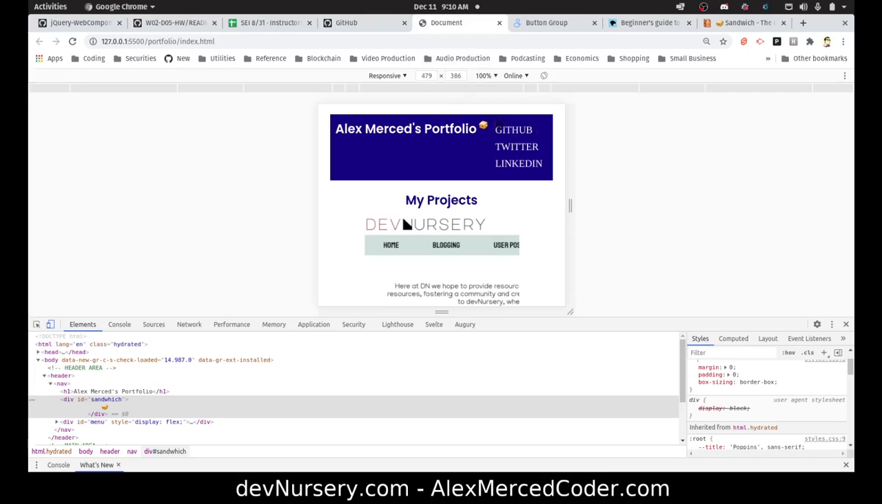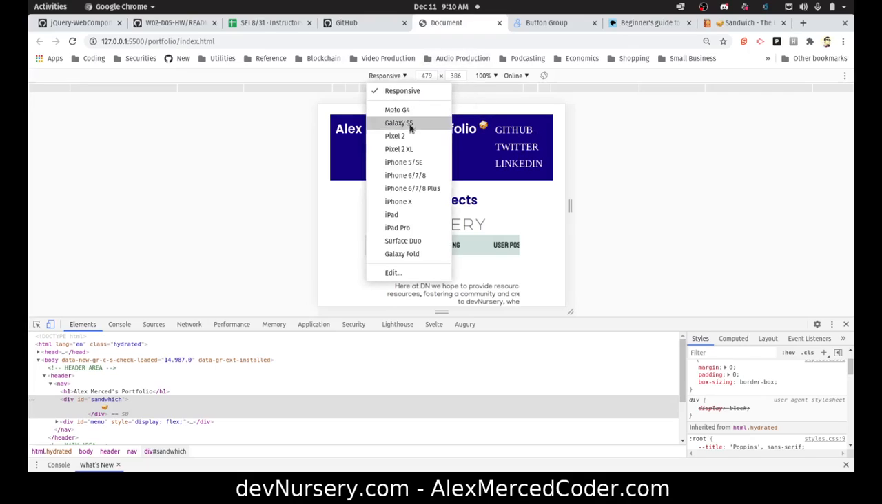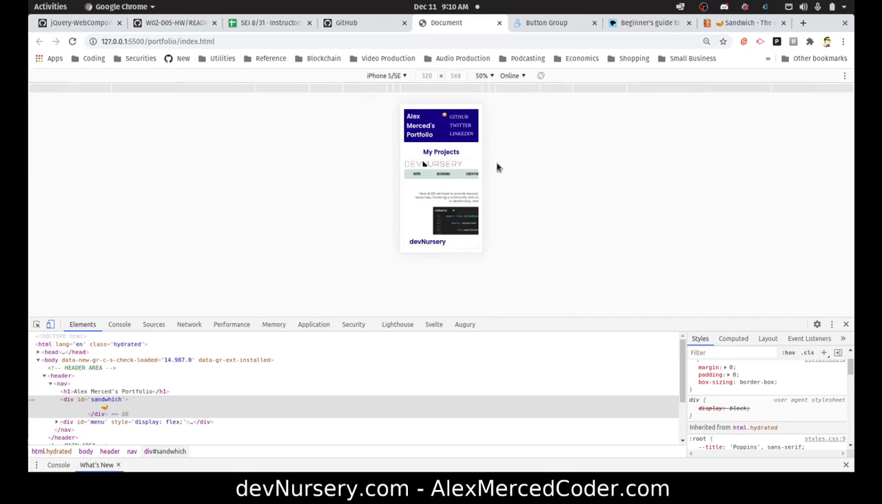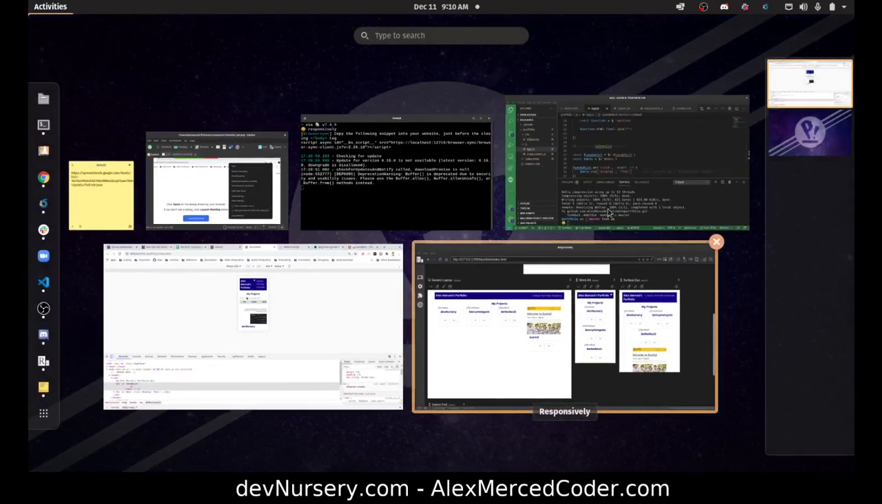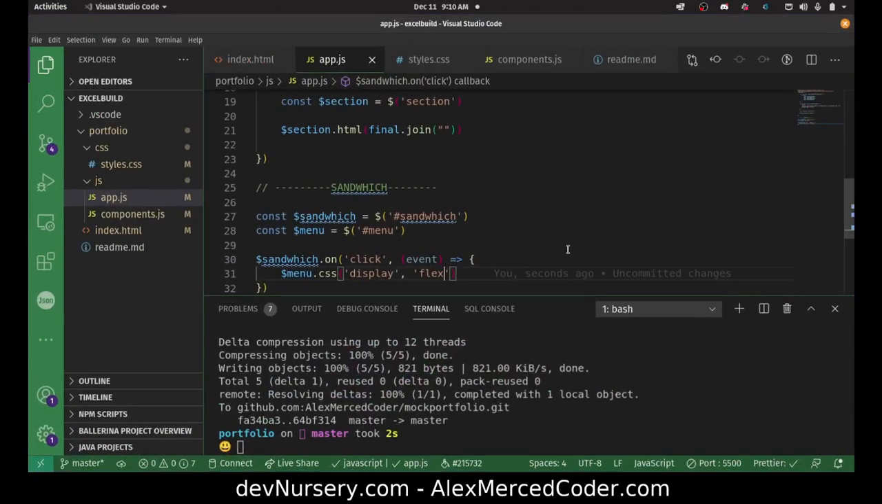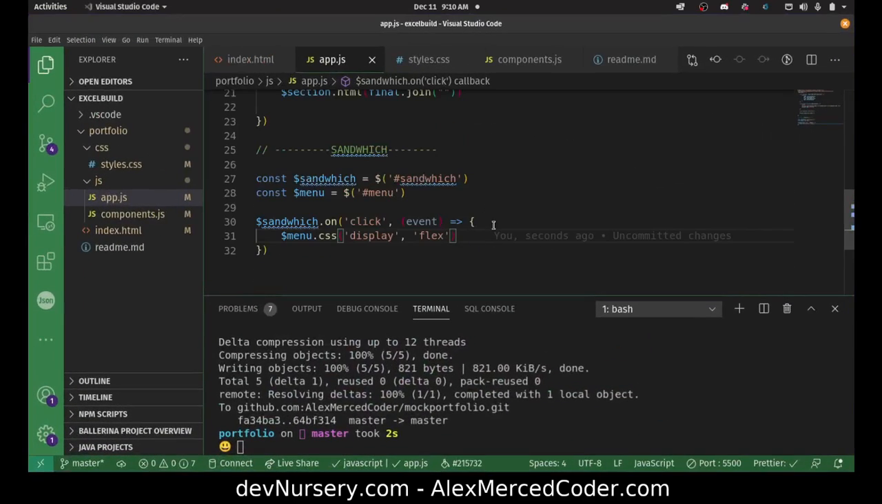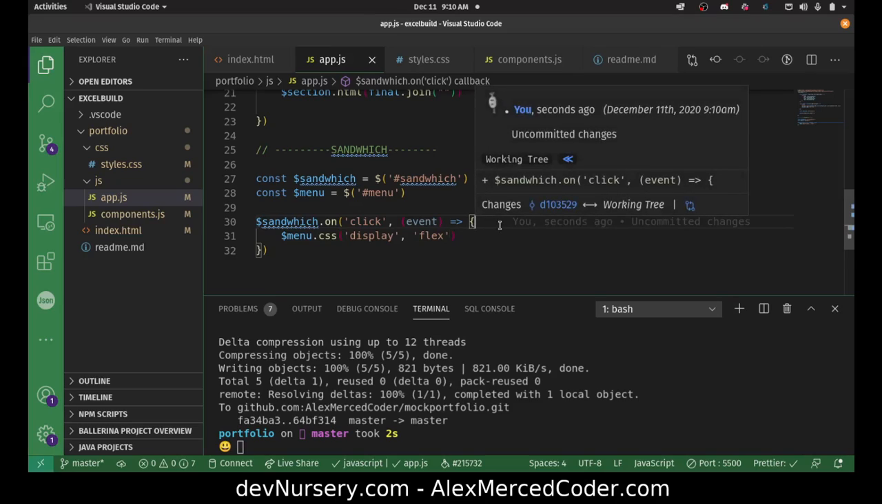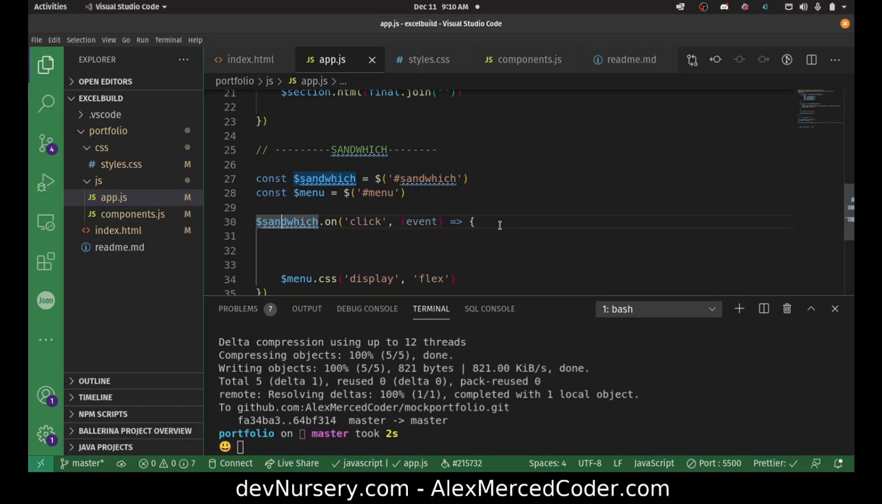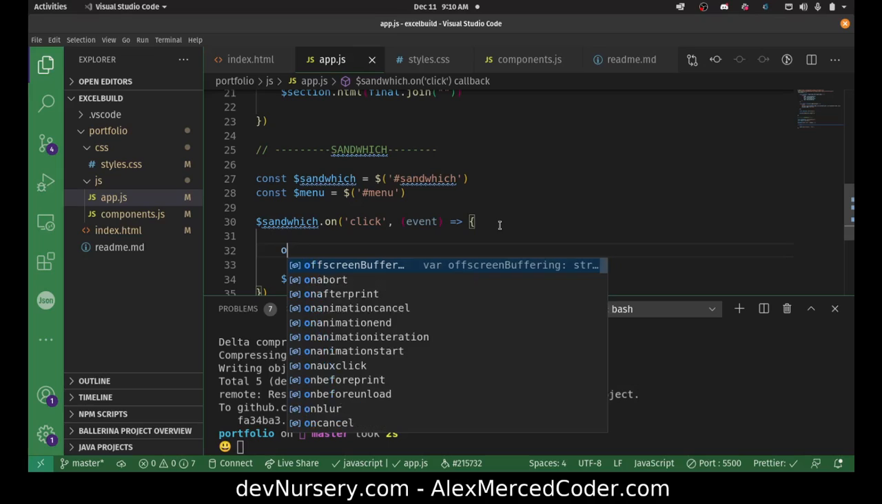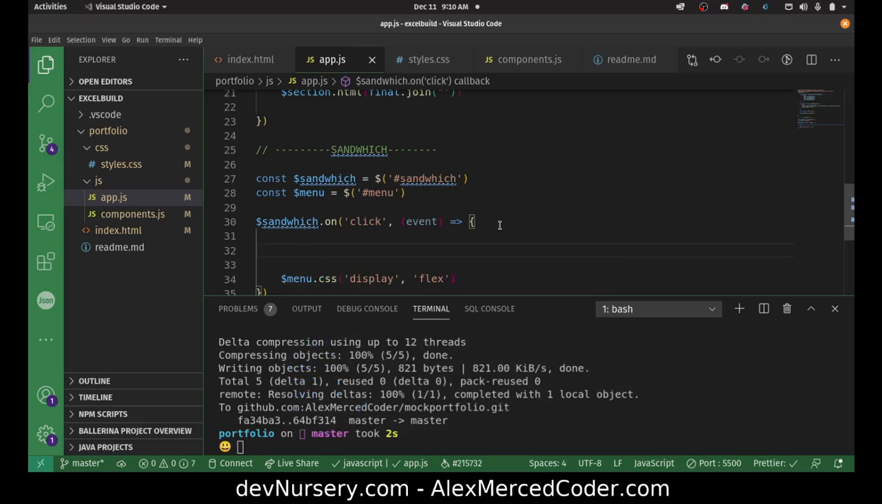Now let's see again how that looks on, is this an iPhone 5? Yeah, it still actually kind of works on an iPhone 5. So really we just need to make the menu disappear. Now we need to do a ternary. I mean, we need to do a conditional. So that way, if it's on, we'll say if menu